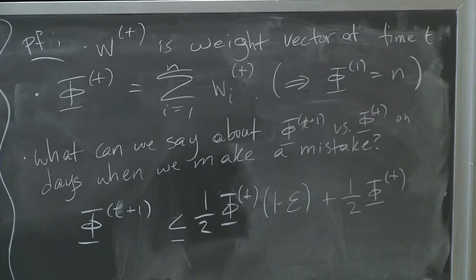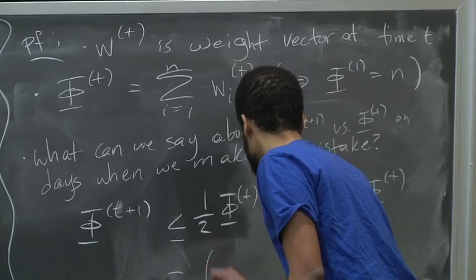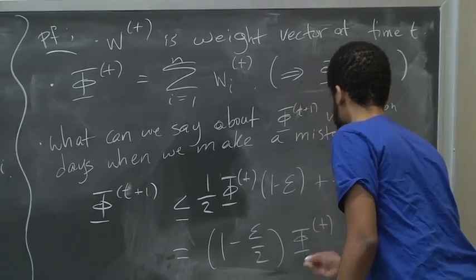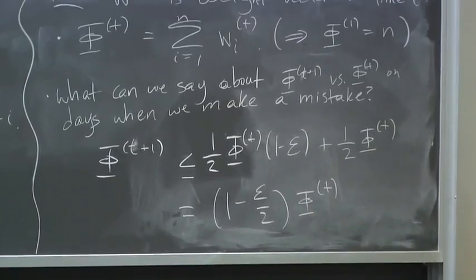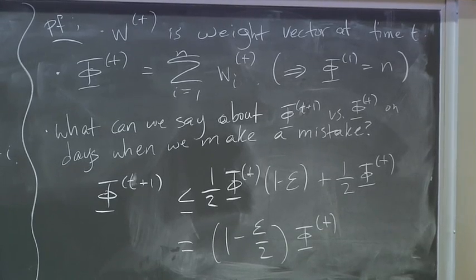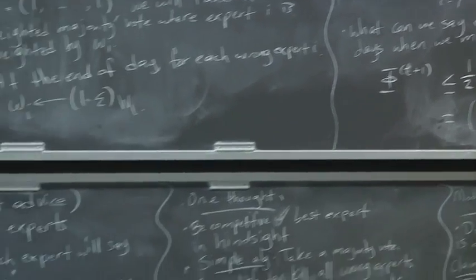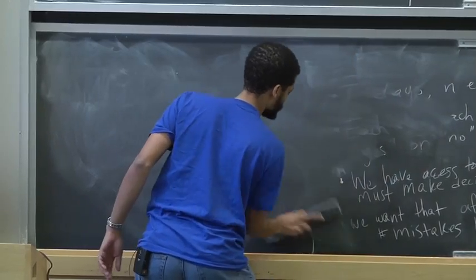Which is equal to 1 minus epsilon over 2 times phi of t. So now you can do an induction,